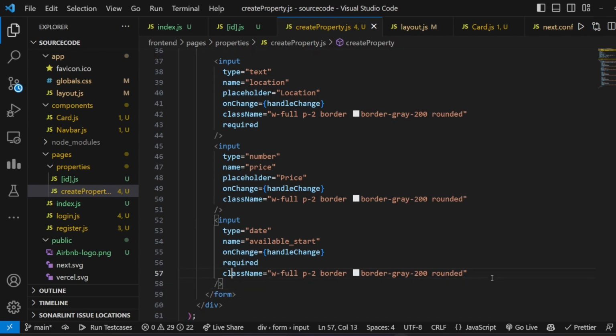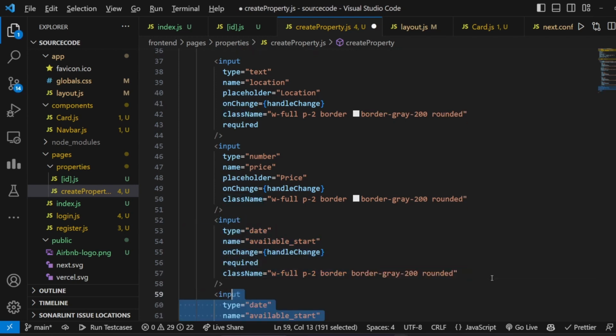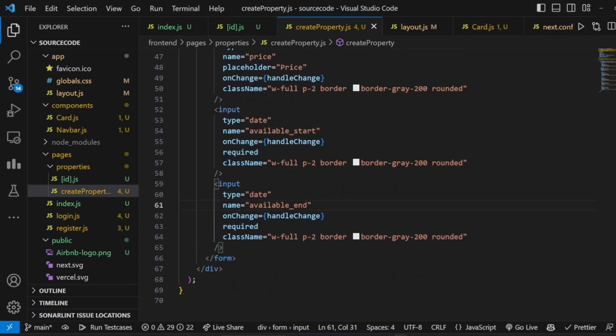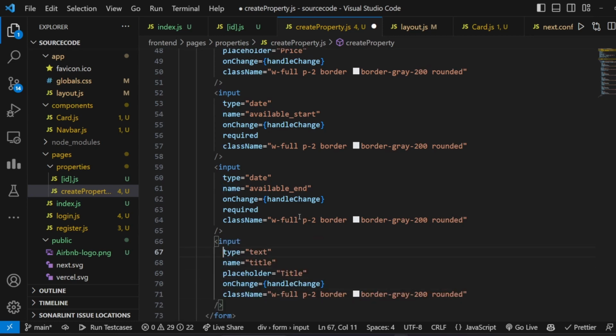And the same goes with end date, date available end, and w full, on change is equal to handle change and then required. Okay, now we need a field for text and then URL